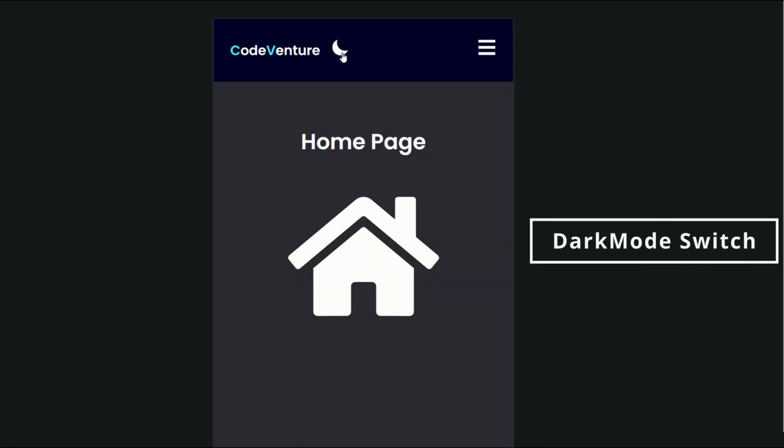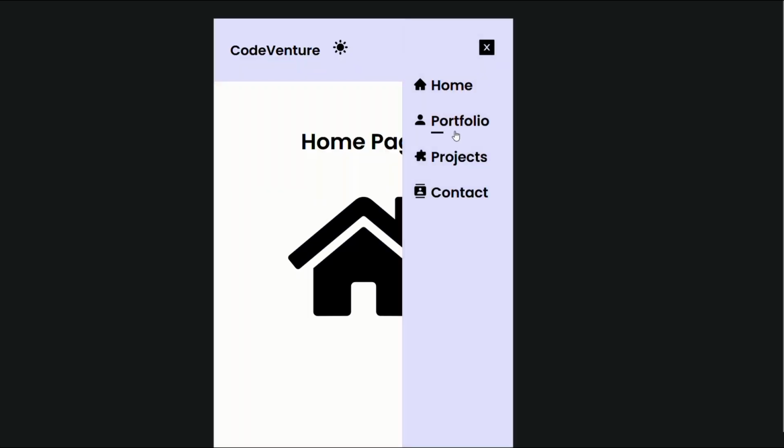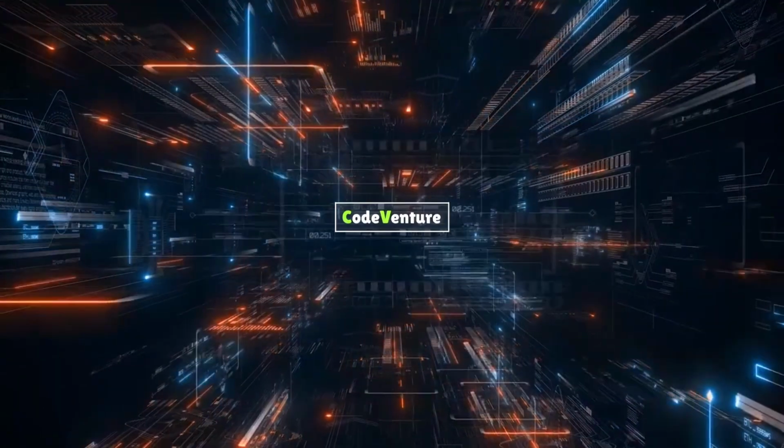In this video we are going to create a React dark mode toggle switch with the help of a React hook, which is useEffect. So on clicking this switch, it changes the color pattern of your site and thus you can implement the dark mode. So let's start this video.